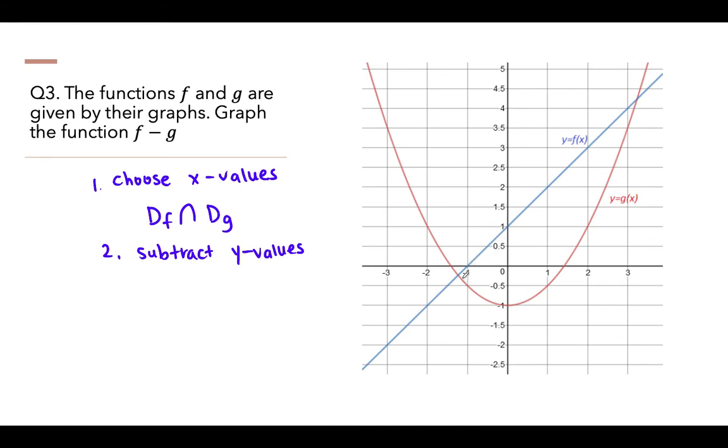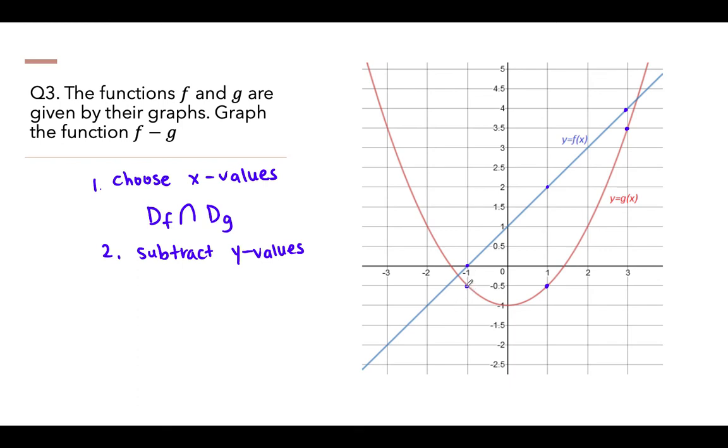So for example, I want to choose something that's clear. So let's say they intersect at -1. So I'm going to choose points at -1 here. And I'm going to choose a point that's pretty clear at 1 here. And let's choose a point that is pretty clear at 3. So after I figure out where the two graphs intersect, what I can do is